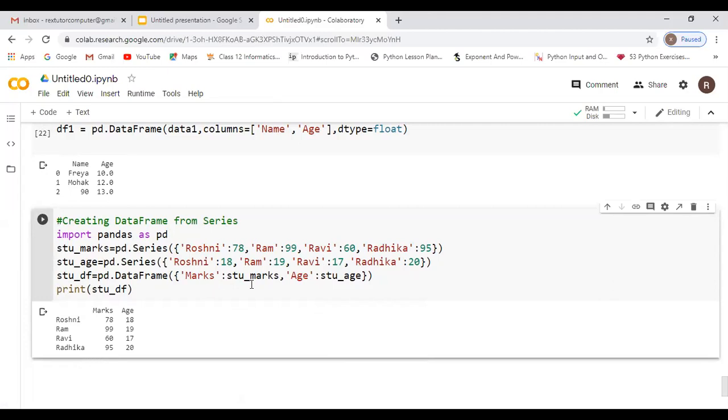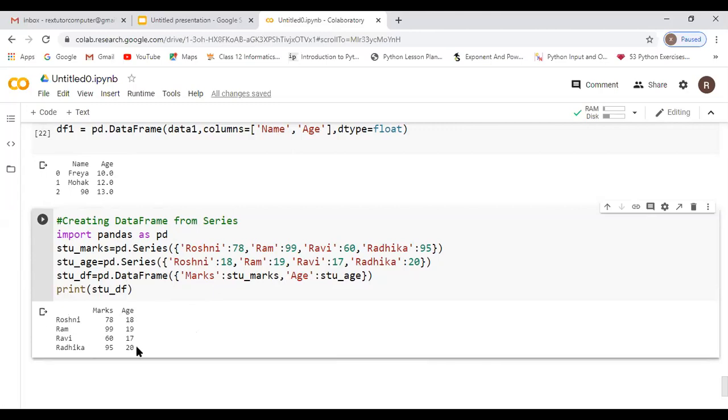Marks, age, and Roshni, Ram, Ravi, Radhika will be taken this way with their marks and age. The columns are named marks and age. This is the way to create a data frame from two series. We have series of data that we are passing inside the data frame.